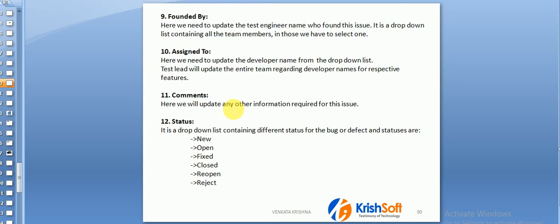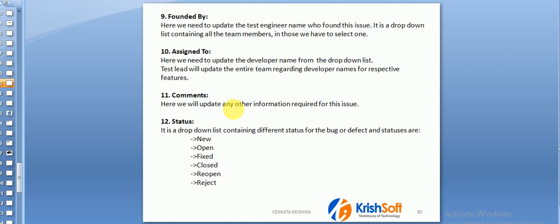Once they verify it, if it is a valid bug, then they will change it to open. If it is not a valid bug, then they will change it to reject. Reject means invalid bug. Okay. Similarly, whenever they fix it, it will be fixed, or closed, or reopen. These are all the different statuses we have.